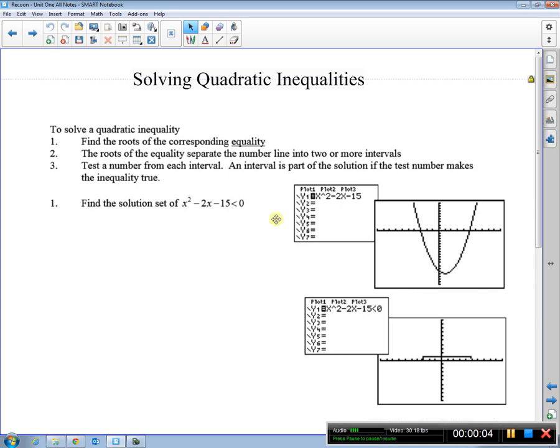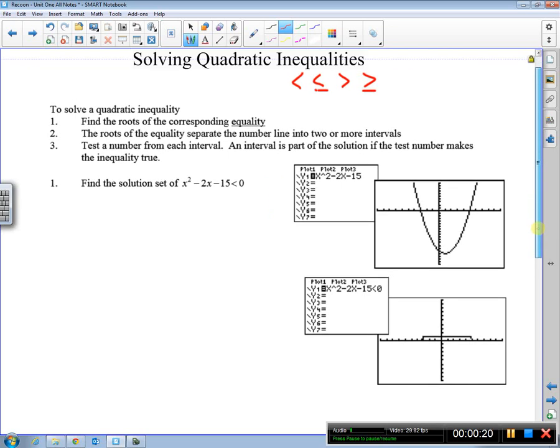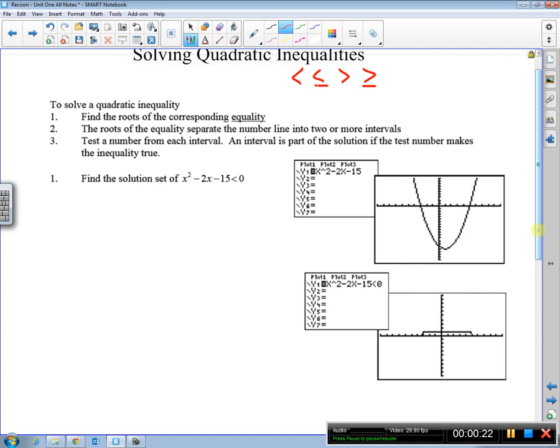So today we're solving quadratic inequalities. These problems either have less than, equal to, or they might have greater than or greater than or equal to. So our solution set can be a set of numbers. To solve a quadratic inequality, what we're going to have you do is first find the roots of the corresponding